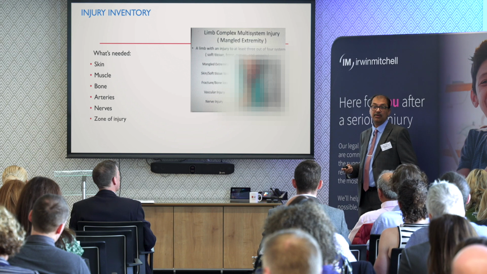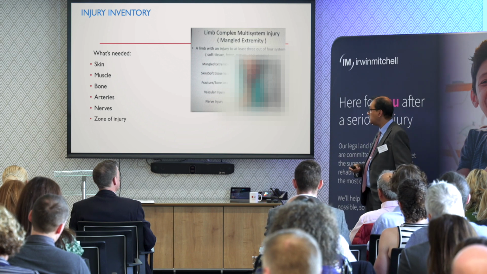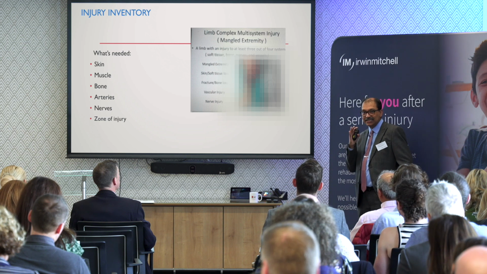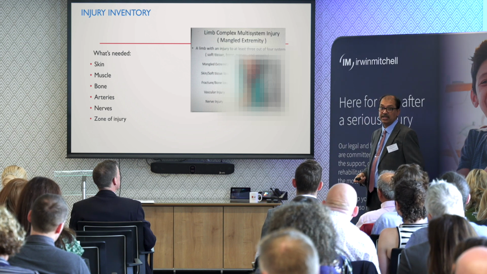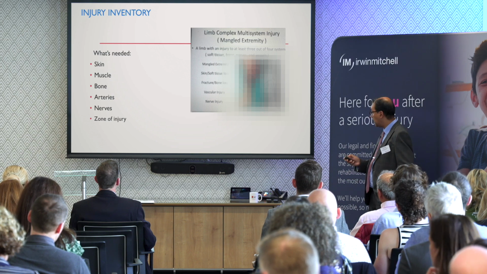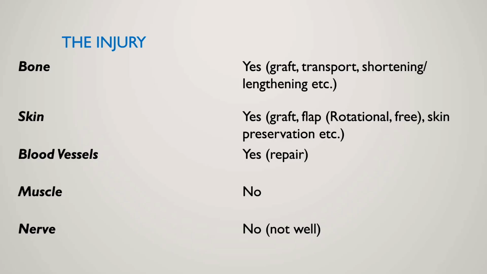Vascular injury can be repaired with our vascular colleagues. They are pretty good nowadays. Nerve injury result is not great at all, even with an immediate repair. If there is a loss of muscle, it's lost. You can do a rotational flap or a free vascular flap sometimes. So you are taking muscle from another site with the arteries and you can put it on, but not always in an acute setup. The result is not always optimum. And nerve repair is not good.